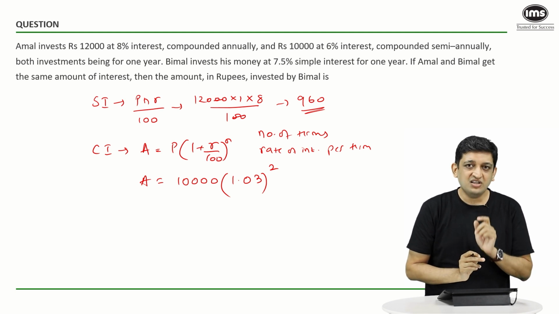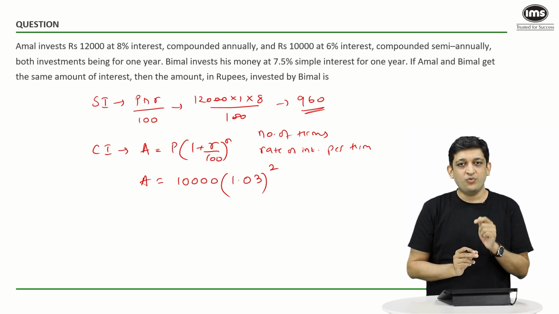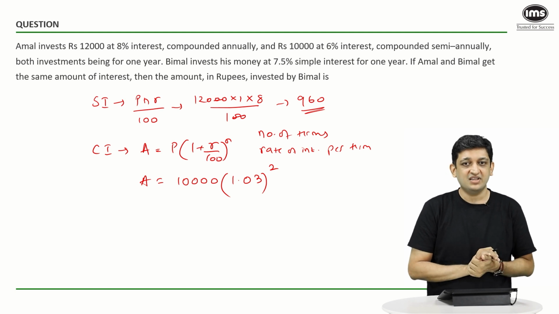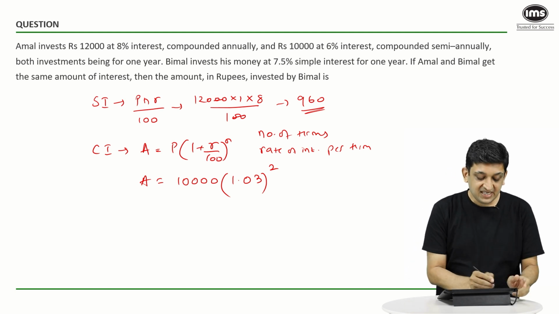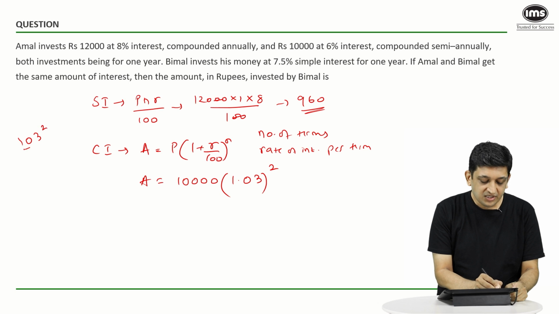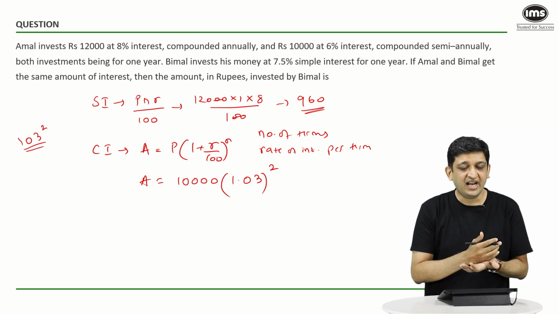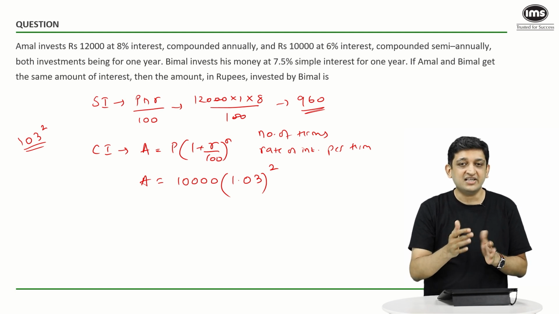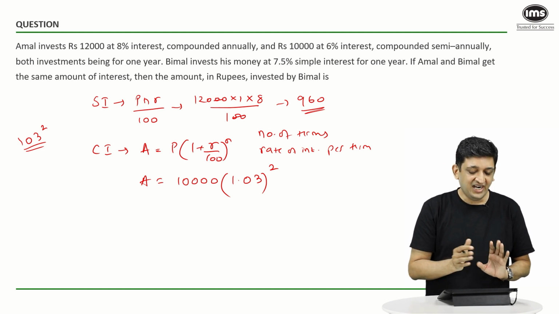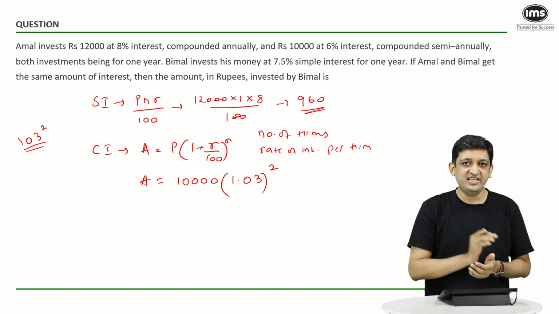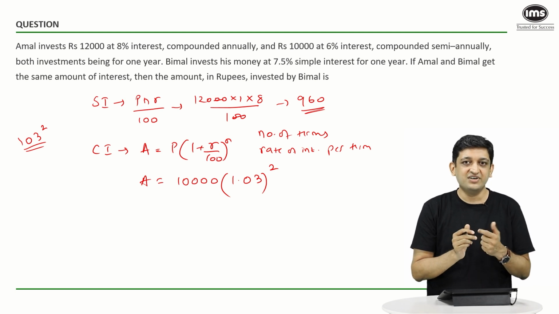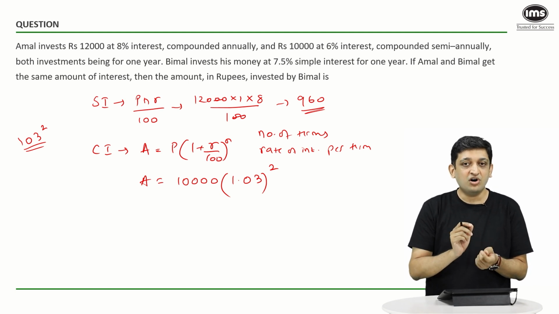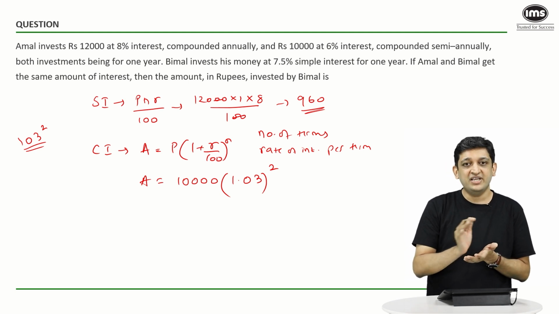There is one small shortcut that you can remember to square numbers that are close to 100. One way of looking at this is 103 square. Just look at the steps that I am doing and follow the same steps when you are solving squares of larger numbers that are closer to 100. And if you face any difficulty, you can put it in the comment section below so that I can revert in terms of where you are going wrong or where there could be an improvement.